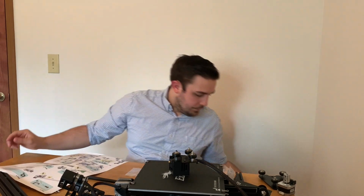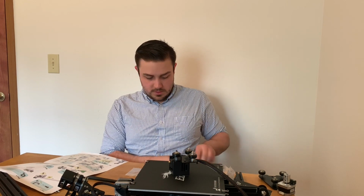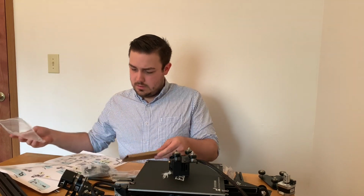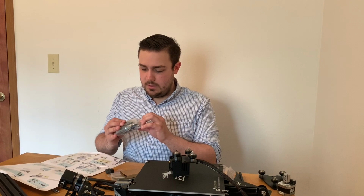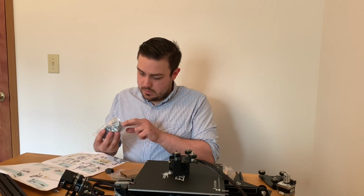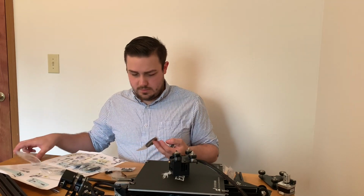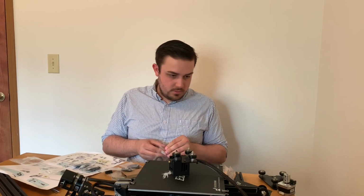Let's see. Bust up my hardware bag of destiny. And that was provided by Creality. All right, throw that bag down there. Oh, there's the spool holder stuff. Okay, wow. Let me find...